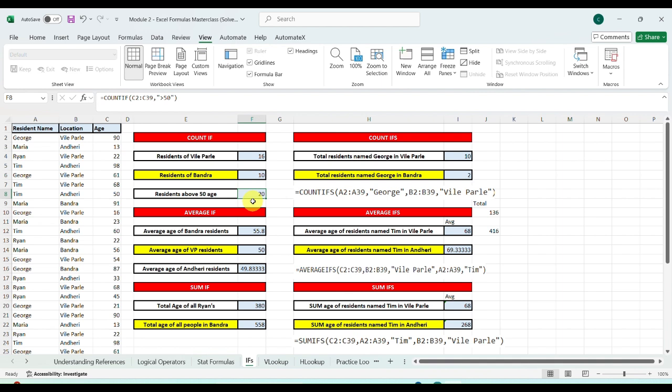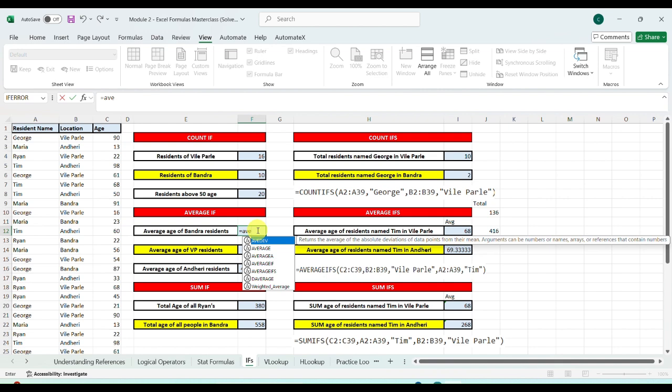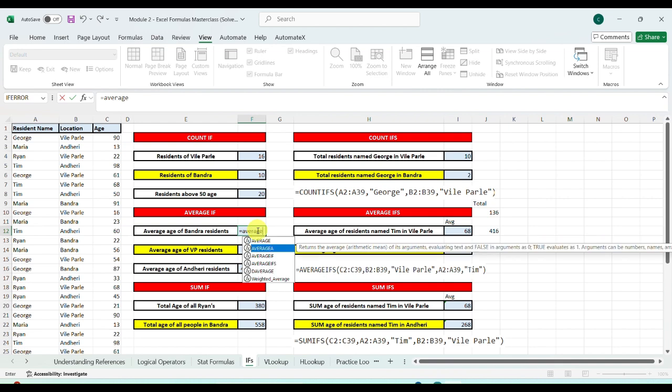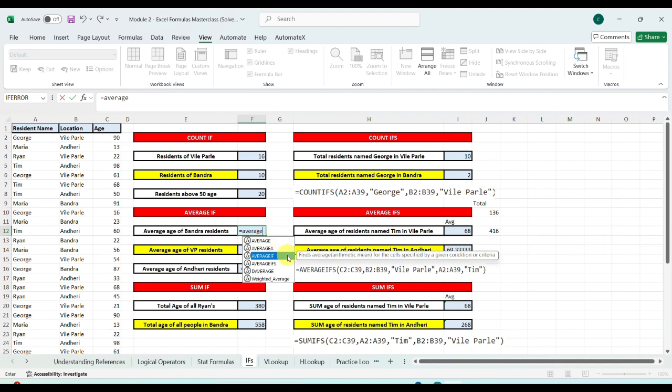Now coming on to the averageif. Average age of Bandra resident is equal to averageif, this formula we are going to use, averageif, open parenthesis. It is asking for the range. What we need? Average age of Bandra resident. So average, where is the Bandra? Bandra is in location, this. And age is this.